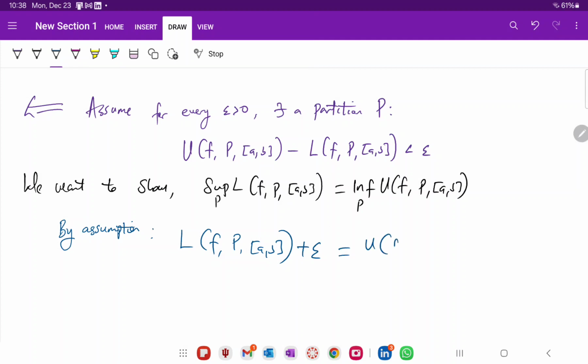It's equal to that, just by the assumption, and then we know that this upper Riemann sum is less than